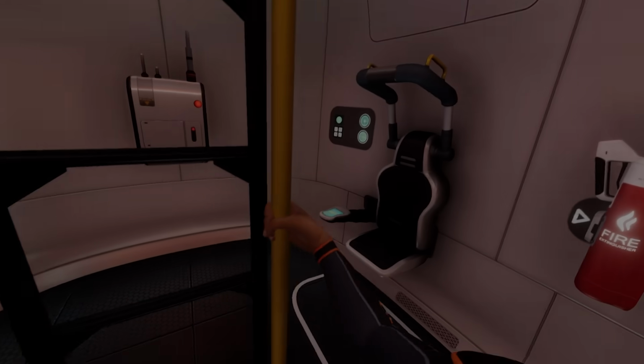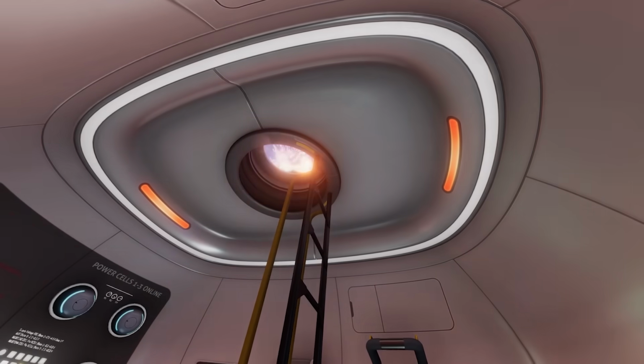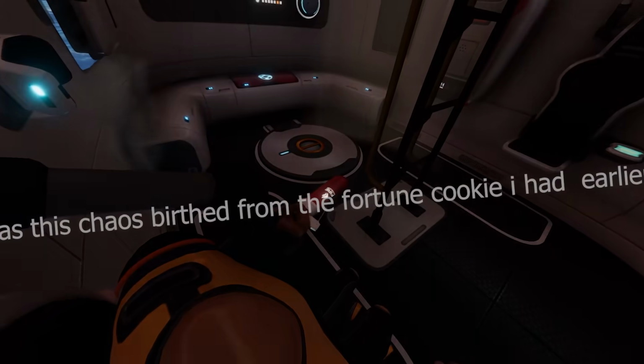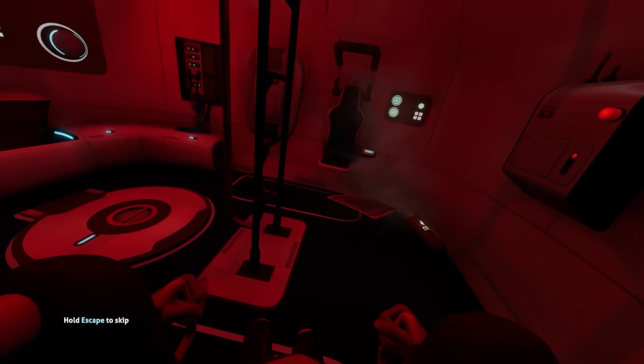It begins with me frantically boarding a life pod, knowing that the spacecraft I was just in mere seconds ago was quickly descending as flames engulfed it. How did this happen? Why did this happen? Was this chaos birthed from the fortune cookie I had earlier? All these questions started infiltrating and clouding my mind until...